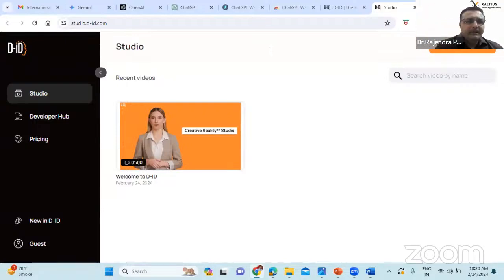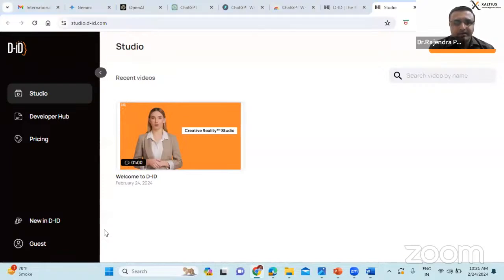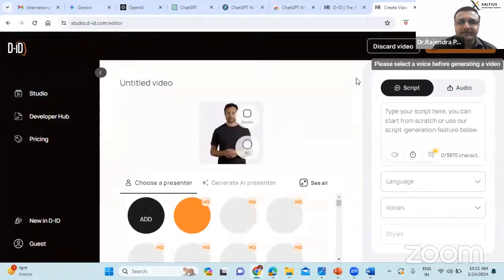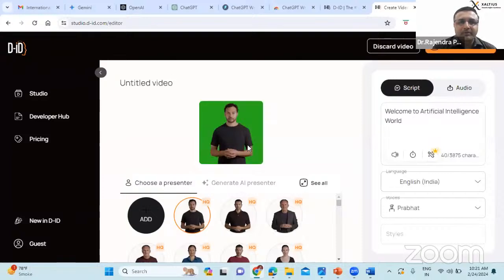Very simple. Just go to this particular site and log in through your Gmail ID. I will post the link in the group also. Simply click on create video. Provide your photograph, whether you want to appear in a square or in a circle.